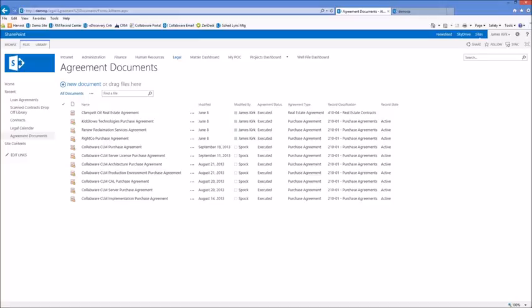Okay. So what you're looking at here is my demonstration environment. This is a little intranet that I've put together. You can see various departmental sites here, administration, finance. We're going to get into HR a little later. And in this particular example, this is just an intranet environment. From an end user perspective, end users don't really see a lot of Collabware CLM. They see SharePoint, and Collabware CLM kind of watches what's going on behind the scenes and does things to the